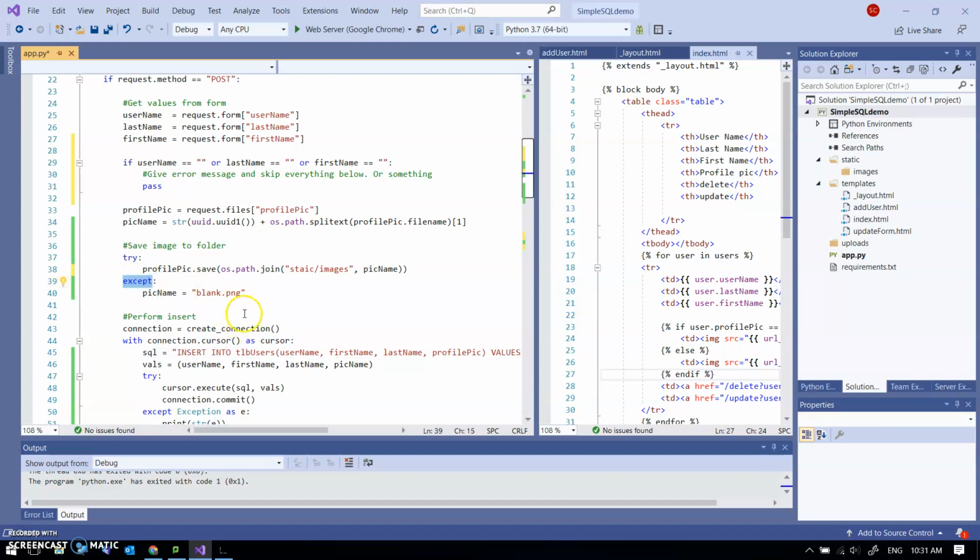And this except can do whatever you want. And in my case, I've said, well, it tried to save it. Let's just go with this blank.png. There's lots of different things that you could do down here. You could do the same as this, just give an error message and skip everything. Or you could just fail the whole application. Who knows? There's lots of different things. I've chosen to do this one, which is probably not a particularly good thing to do. Anyway,